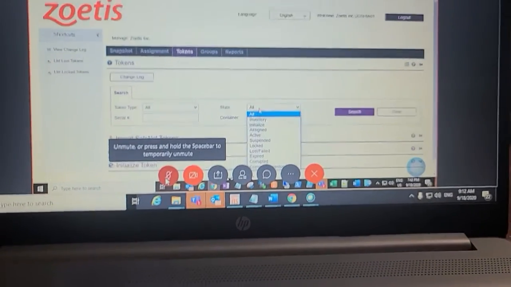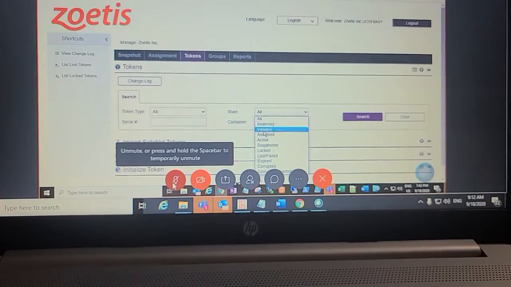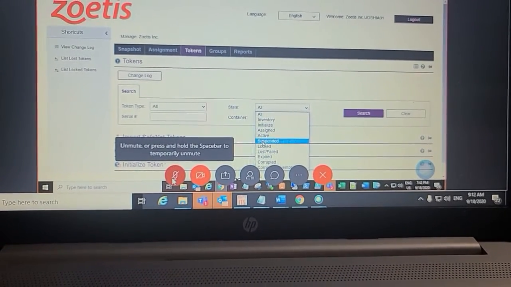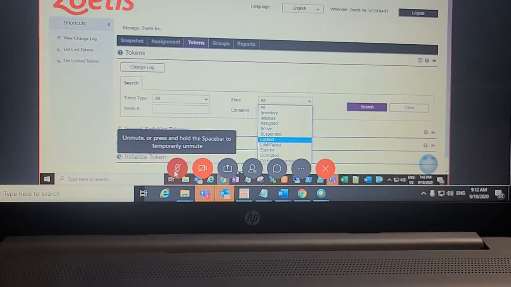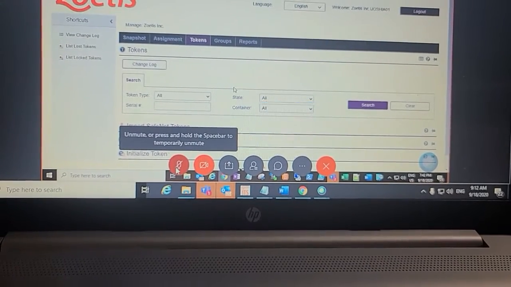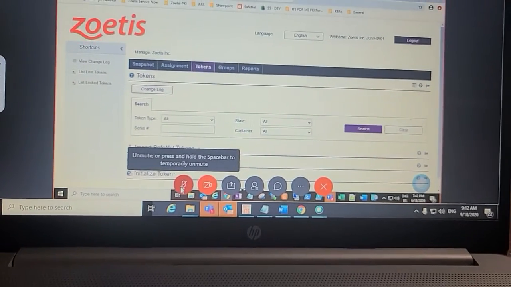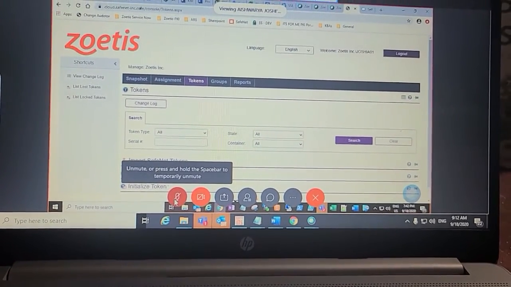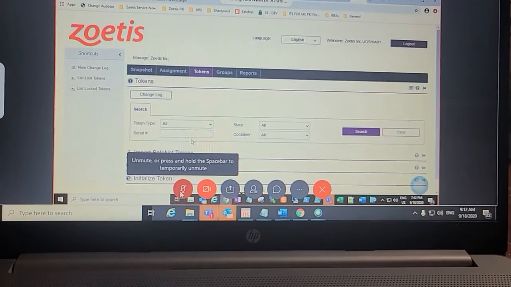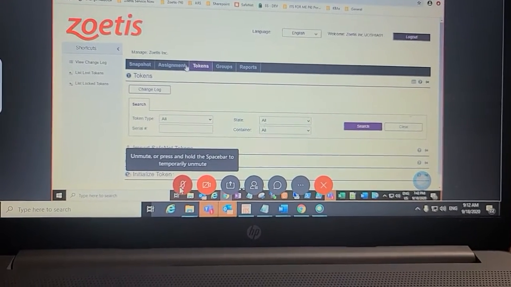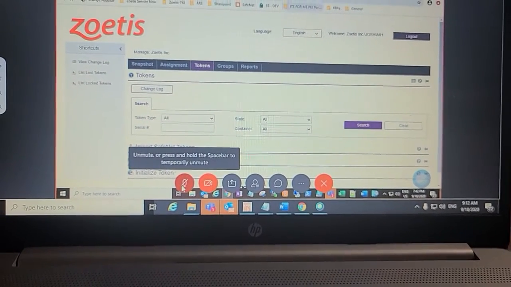If you want a state, meaning exactly which state the token is in, such as inactive, suspended, locked, or expired, you can apply filters and search in detail. So these are some basic searching criteria available on the SAS portal.